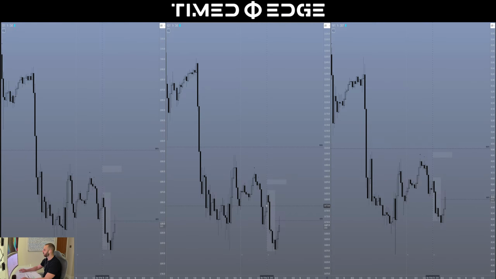It's not particularly one of my models though, looking for this continuation out of a 1 hour fair value gap like that. My model is these mean reversion 1 hour CRT models when we've had this expansion lower on all the assets. We have taken this low, but I've explained to you why I'd be looking at